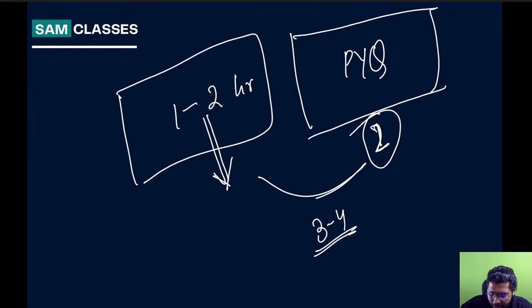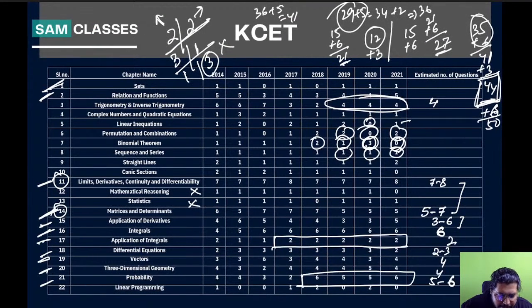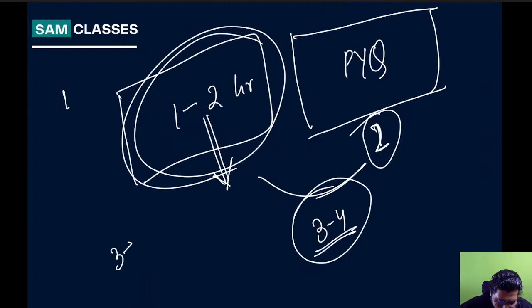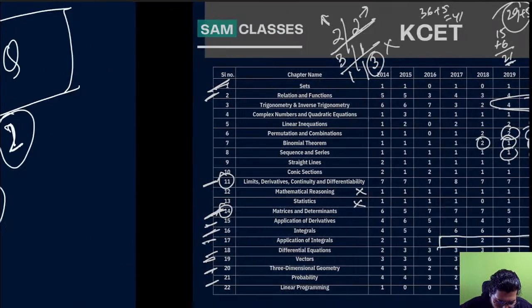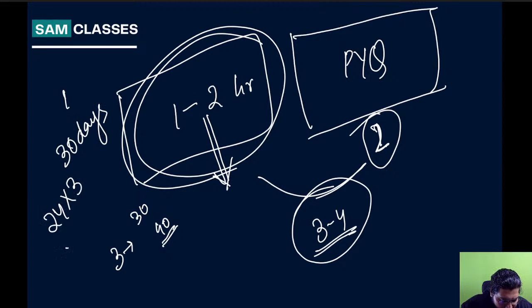So per day, if you do 3 to 4 hours, one chapter is done. Some chapters, like linear inequality, will just take 30 minutes, nothing more, very simple, even if you're doing it for the first time. I have told you about 22 chapters, almost 28, so keep it at 30. With 30 chapters, 90 hours will be more than enough. So if I have 30 days, how many hours do I have, students? 24 into 3, how many?